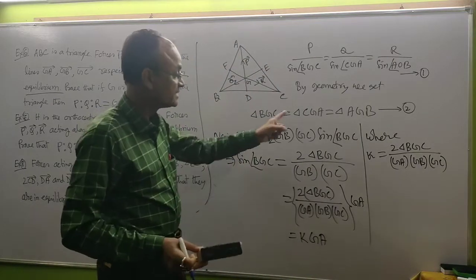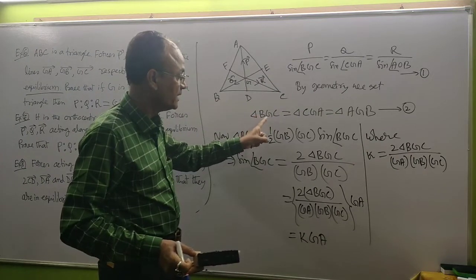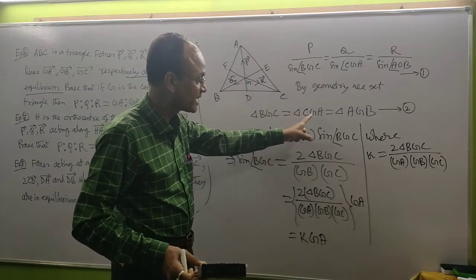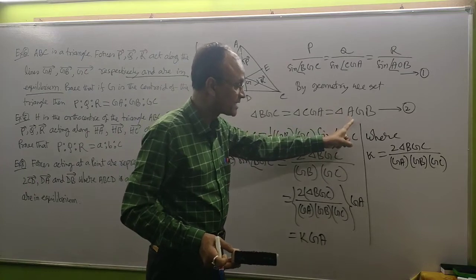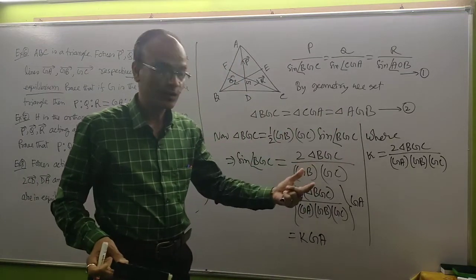Obviously, since the area of the triangle BGC equals the area of the triangle CGA equals the area of the triangle AGB, therefore